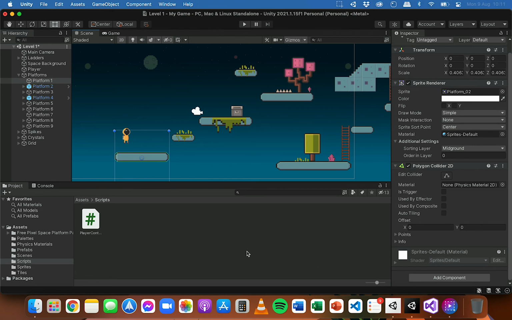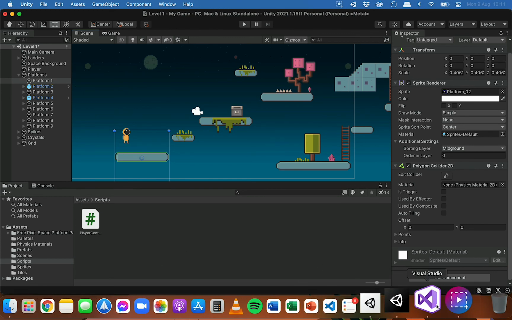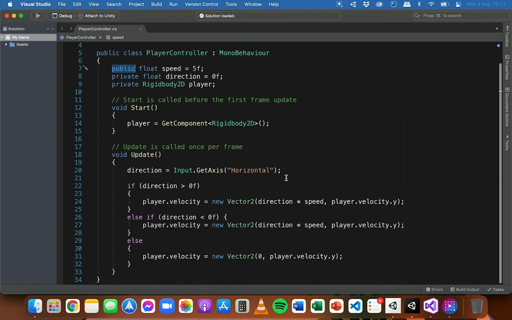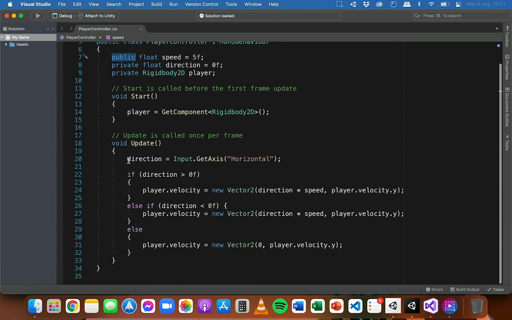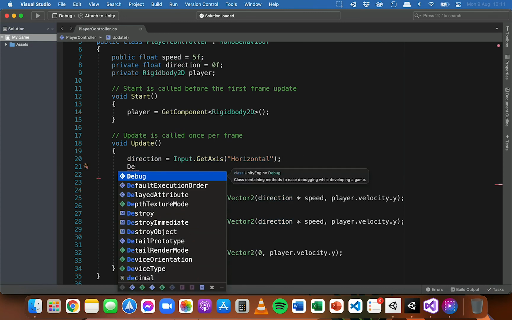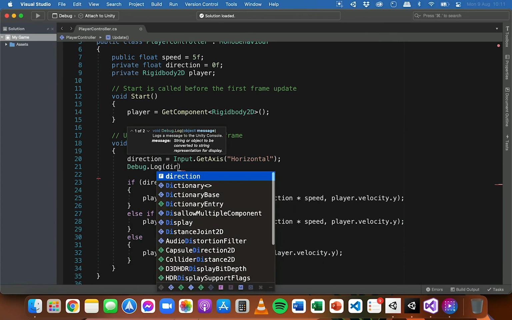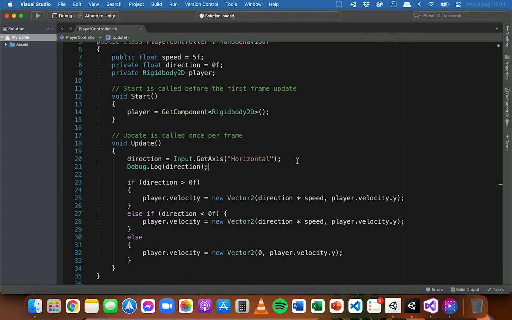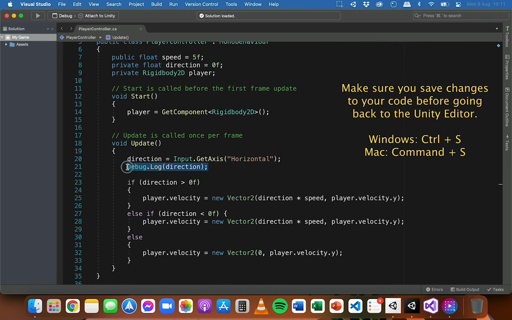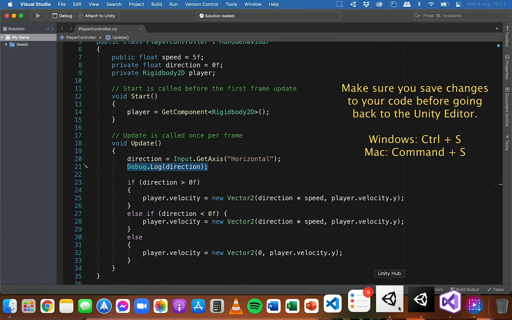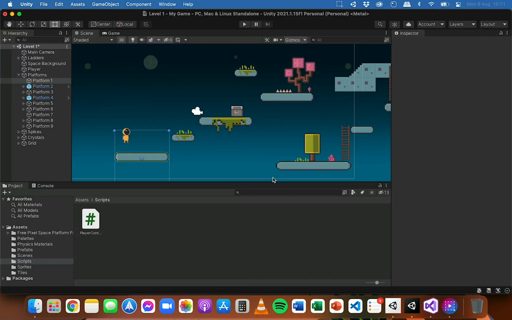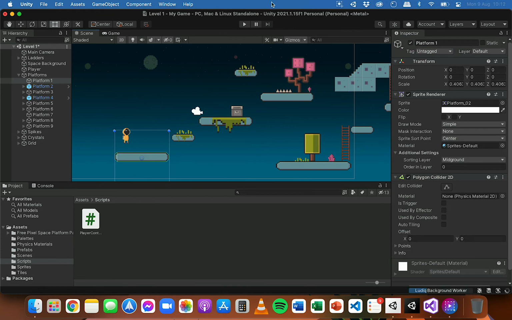One last thing that I'll just show is if we go back to that script, in the Update method here, just after we get the direction and store that in the direction variable, I'm going to say Debug.Log(direction) so that we can actually see in the console what value is being stored in the direction variable when we're pressing the different keys on the keyboard. So if we go back, let that script reload, play the game and go to the console,